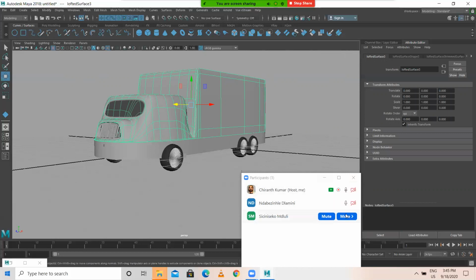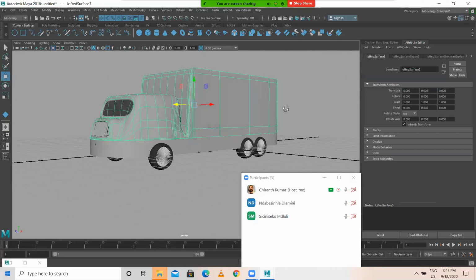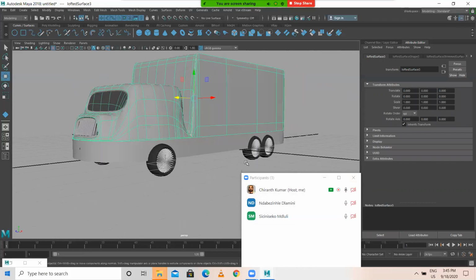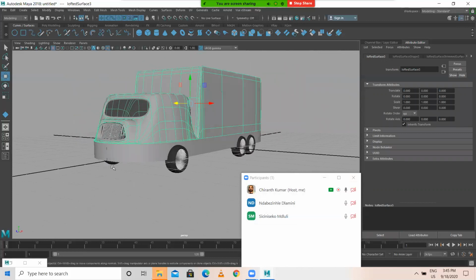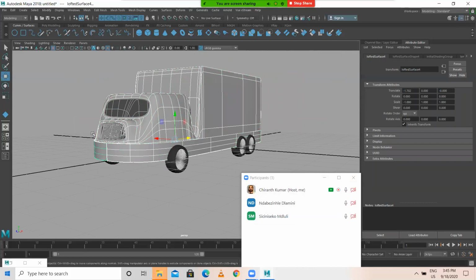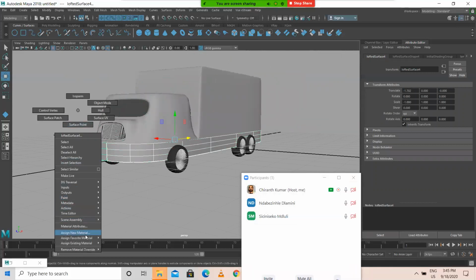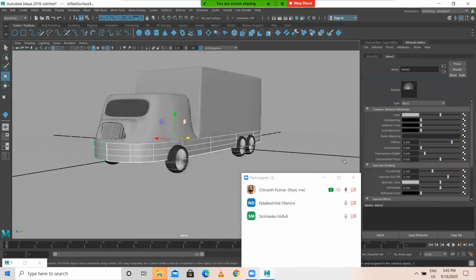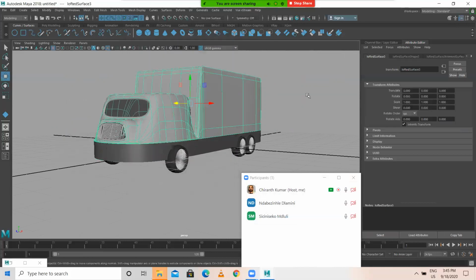I can assign new material again. I'm assigning some materials.